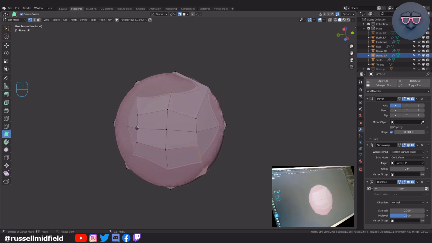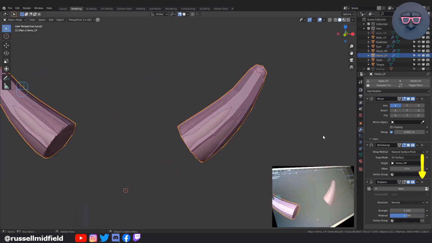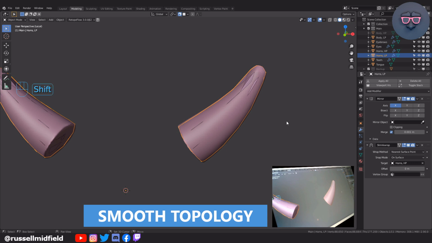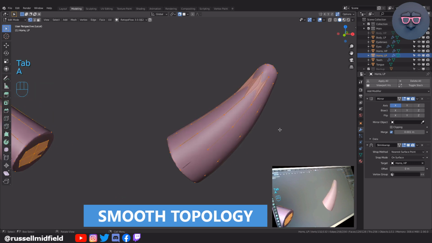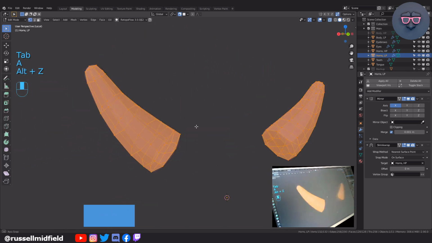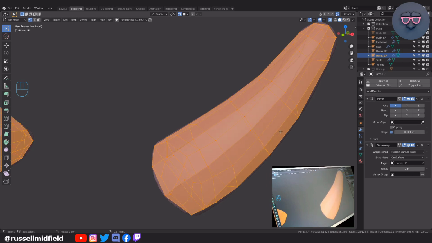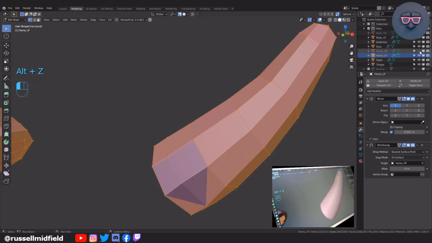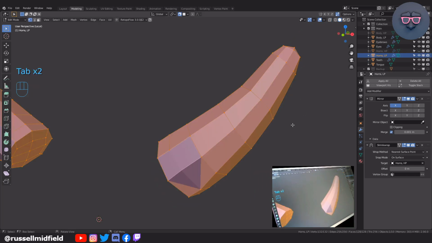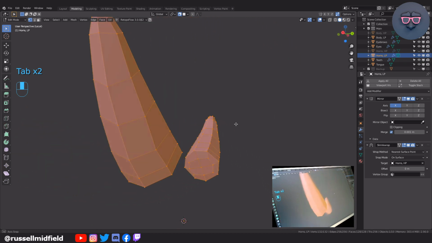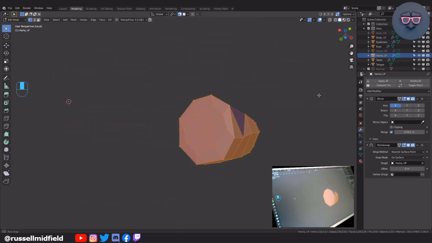Okay, let's smooth the topology out a little bit. I'm going to delete the displacement modifier as we don't need it anymore. You'll notice as I tab into edit mode, our low poly mesh is sort of a little bit messy. The vertices and edges are a little bit crooked. This is fine for the most part, but typically topology works the best when things are more evenly spaced and